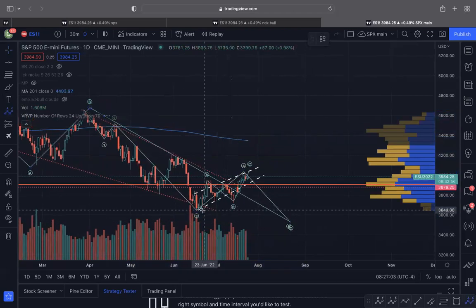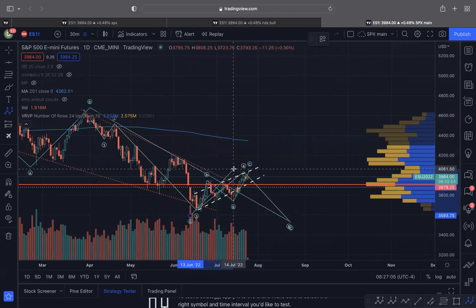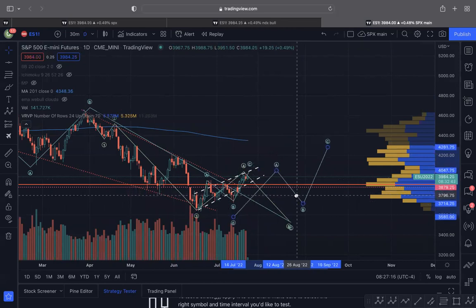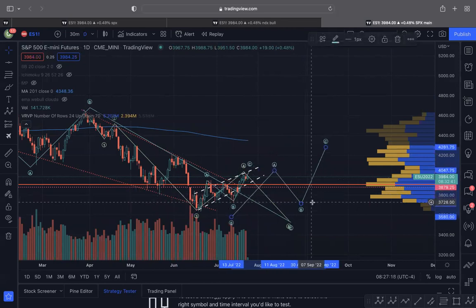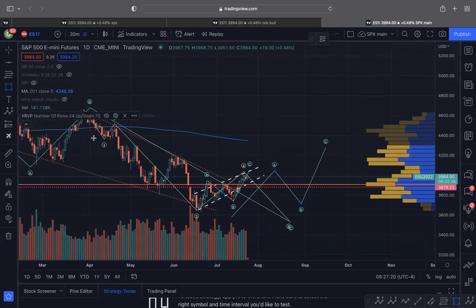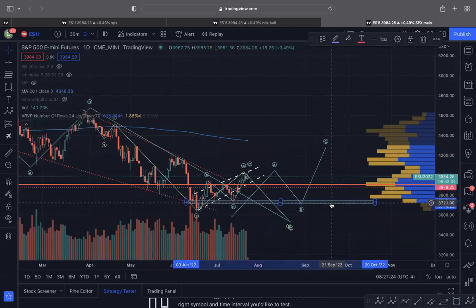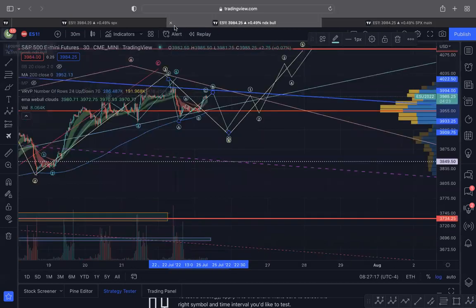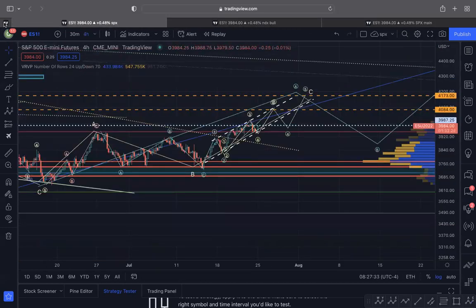Another bearish scenario is that this entire move could have been your A wave, right? In which case we could still dip for that B wave and go higher for the C wave, right? That is another bearish alternative that I will be watching as well. Again, we know that 3740 to 3750 is demand, right? If that happens, then this would have to hold. A break below this demand would give you 3400. So these are all the bearish and bullish alternatives I am watching. Hopefully that is helpful.